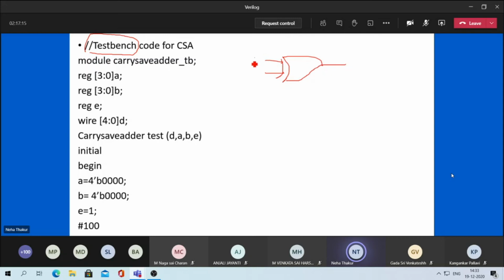What you will expect: when both the inputs are 0, the output should be 0. When the inputs are 0, 1, the output should be 1. If suppose at both ones it is giving you 1, that means there is some problem in the XOR gate. Similarly here also, if you want to check whether your carry save adder is working properly or not, what are you supposed to do? You have to give some inputs and then check the output. So for writing this test bench, what is the procedure?